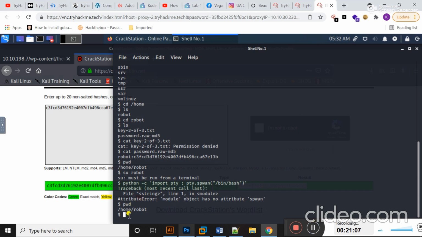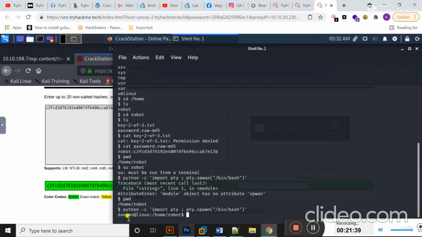Okay, there is a spelling mistake. python -c import pty, comma, pty.spawn, it should be, and then /bin/bash, inverted commas close, hit enter.